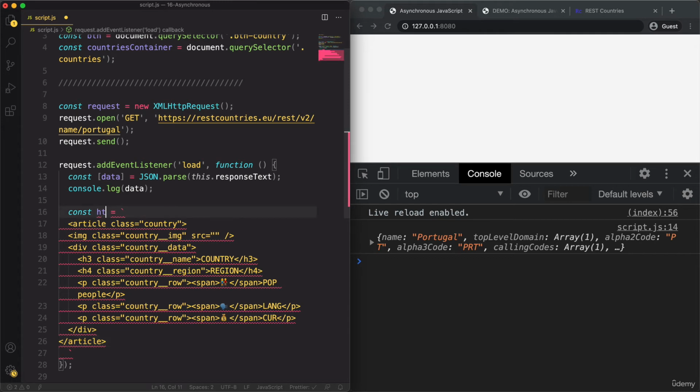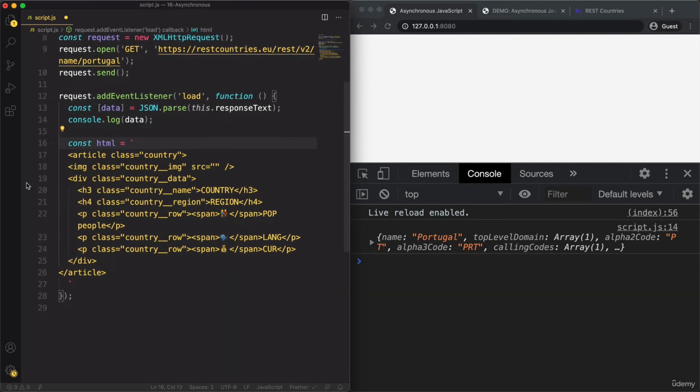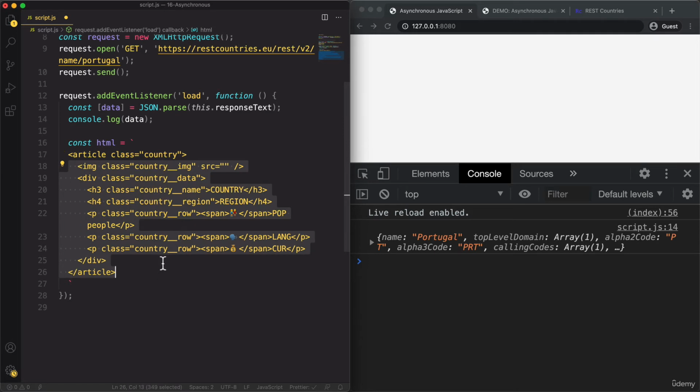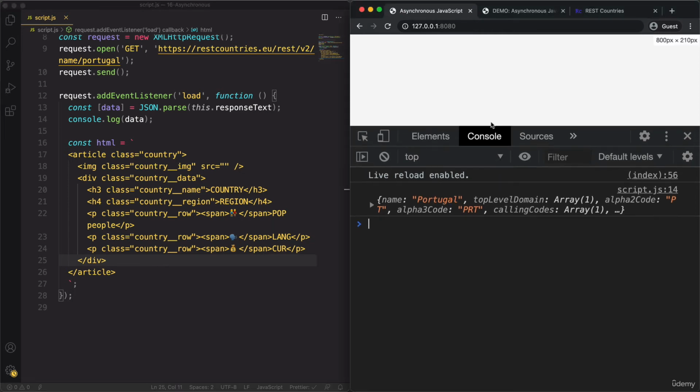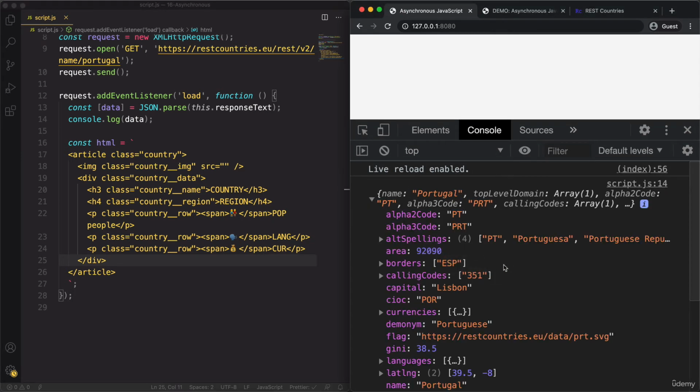Here I'm of course missing the name, and as always I'm calling it html. And so now all we have to do is to replace this data. So let's open it to see what we actually have. So here we are actually starting with the image. So we need a source, and of course that source can be any URL. It doesn't have to be a local image that we have on our computer. And so the one we will use is this one here. And so that is at